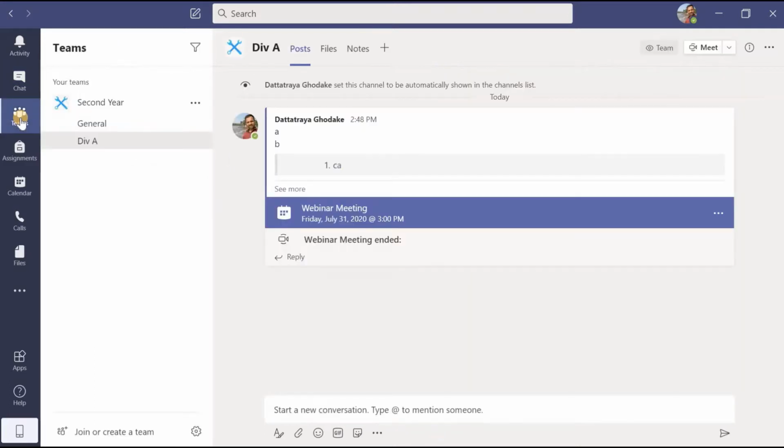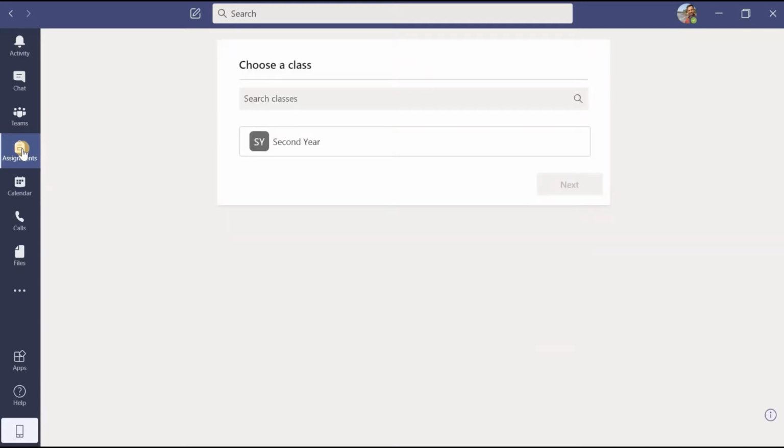Then we have learned how we can create teams inside this Microsoft Teams account, how we can manage those teams, how we can create different channels, and how we can manage different channels as well. Then we learned how to give assignments to a specific group of students, that may be a specific team or a specific channel. Then how we can give different quizzes to different sets of students, that may be a team or a channel.